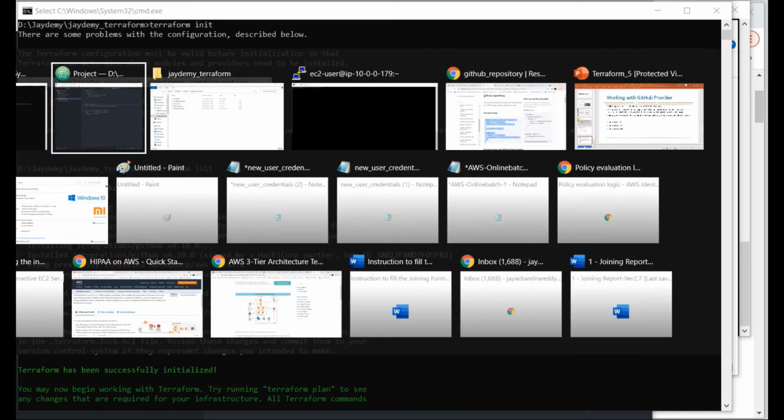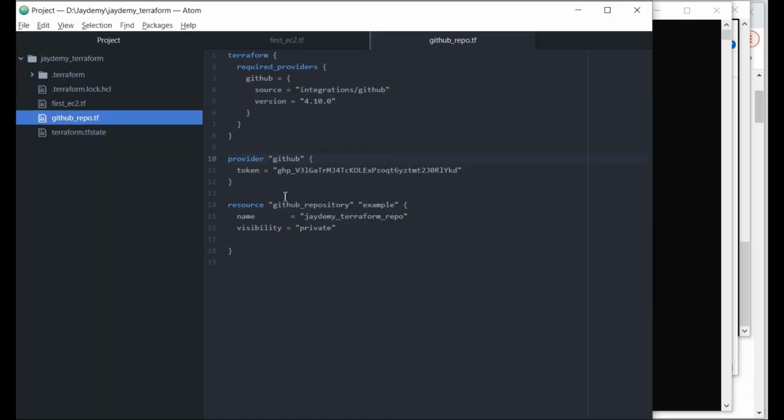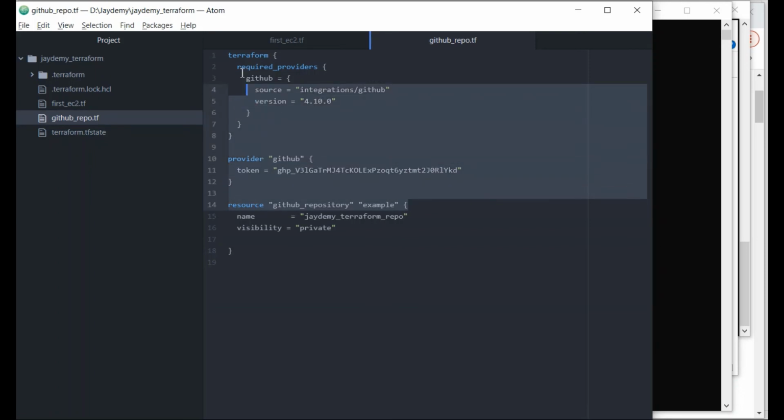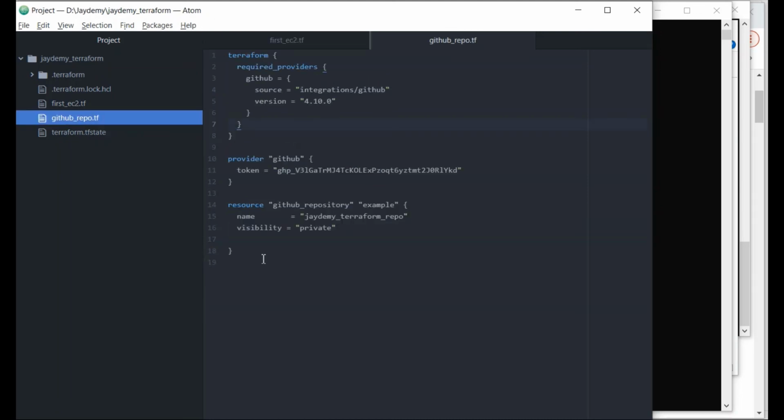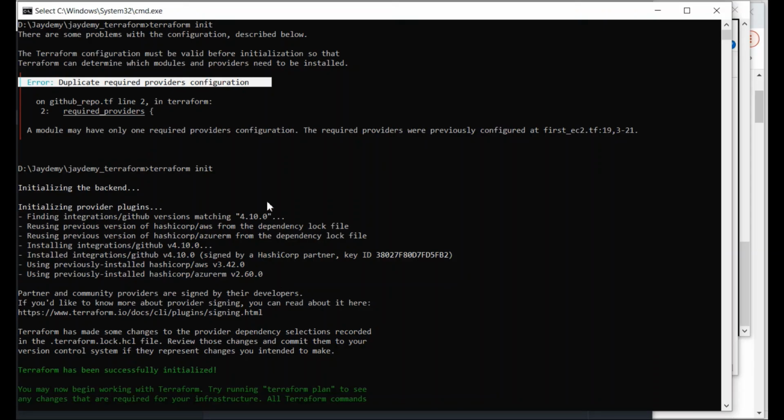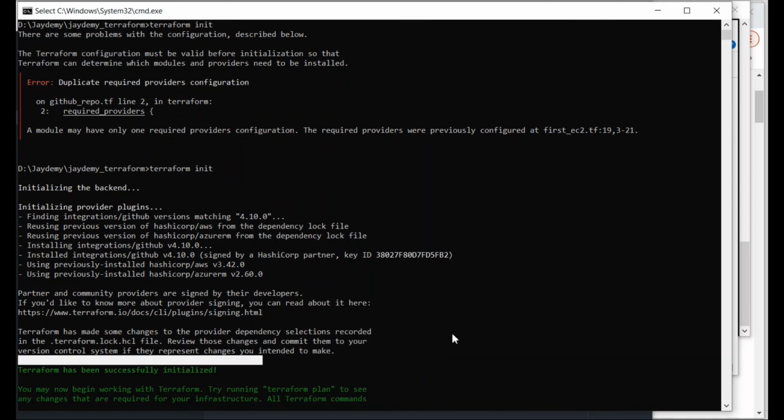We are doing initialization in the same folder. Already we provided required providers, and in the same folder we were again providing required providers. Earlier there was some other version we had done, right? That is the reason we were getting the error. So now it is clear. Now the GitHub repository initialization is done. Terraform successfully initialized. I hope you are clear with Terraform initialization.